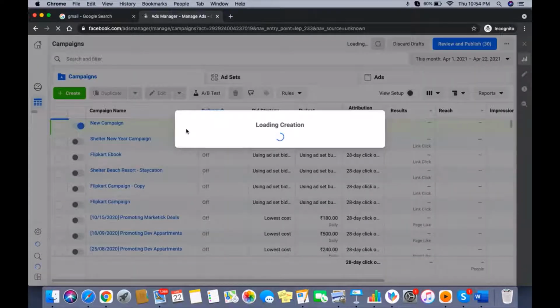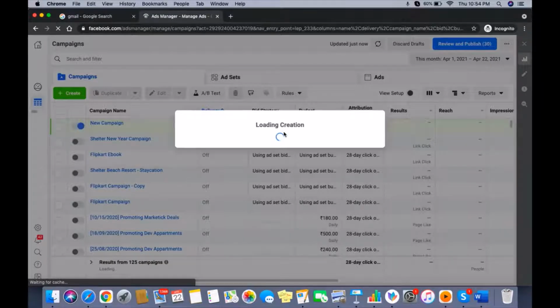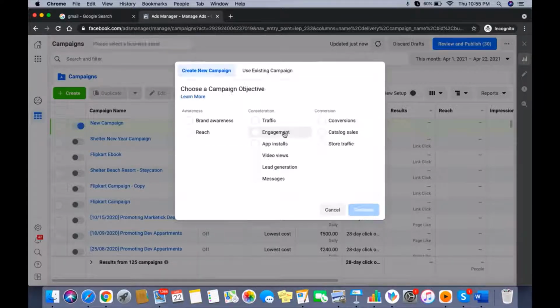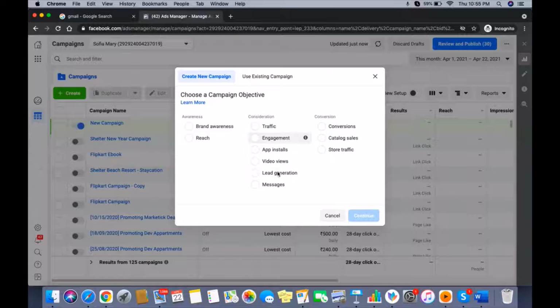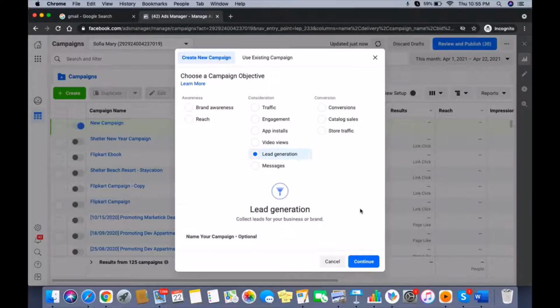This applies very well only to lead generation campaigns. If you are running any other type of campaign, a different kind of automation has to be followed. If you are running a lead ad campaign, this automation will really work for you.